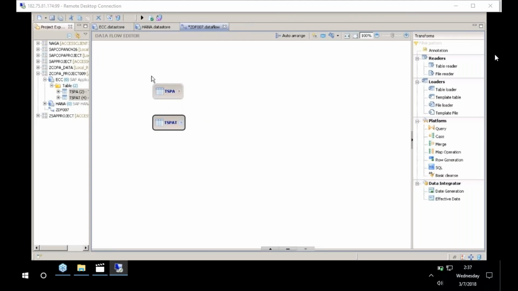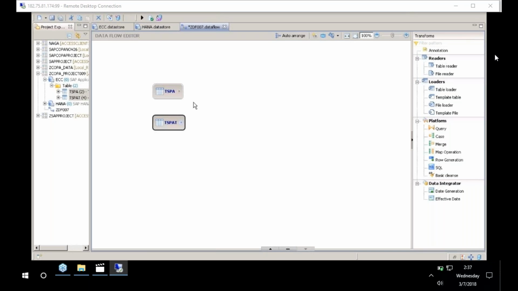Once we drag and drop both these tables, now this is called as work area. Now let us select the query, drag and drop the query into the data flow editor, link TSPA to query and TSPAT to query,